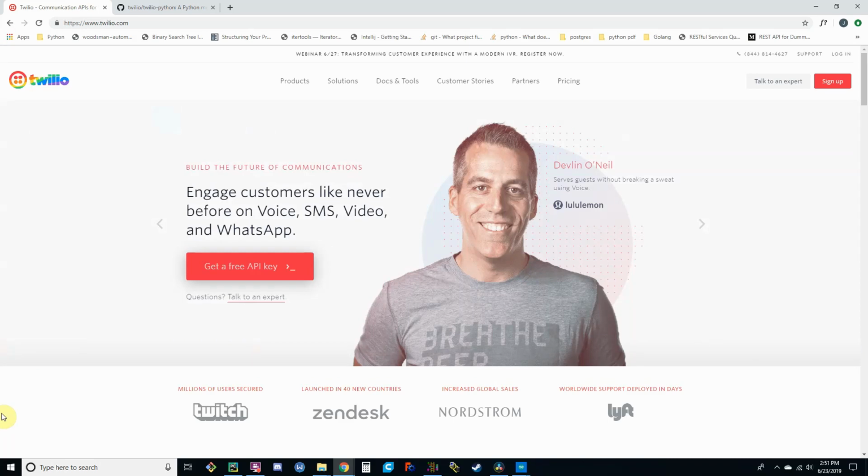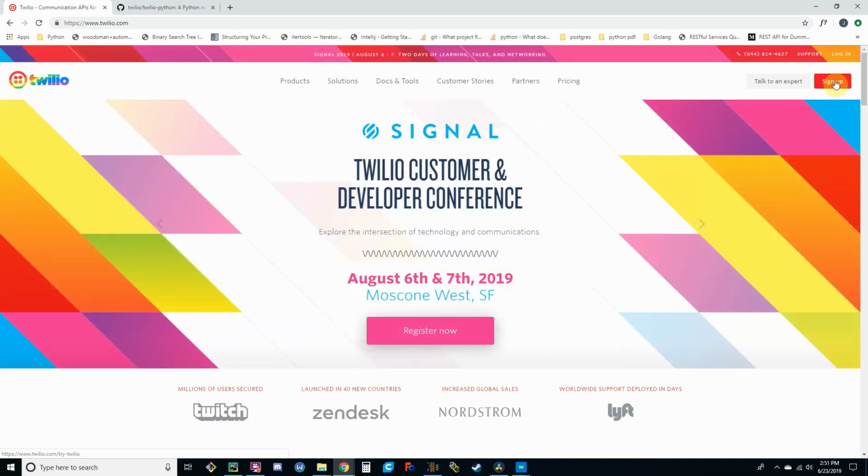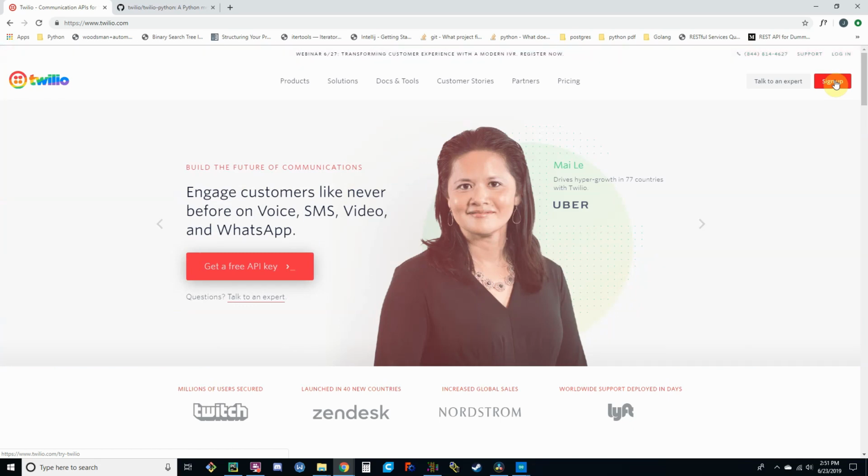So first thing you're going to want to do is go to Twilio.com. I'll put a link in the description, and you're going to want to sign up. What makes Twilio nice is that when you sign up, you get about, I think it's like $15 free worth of data, and you don't have to put in your debit card information beforehand or anything like that, and then you forget about it and then you get charged. So that's nice. And two, Twilio,